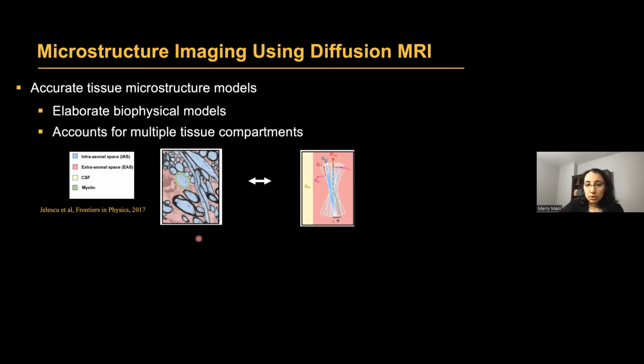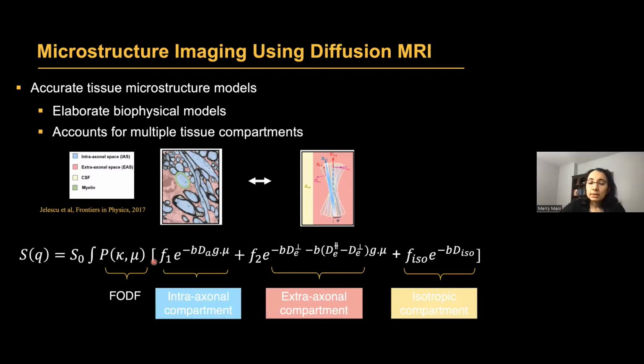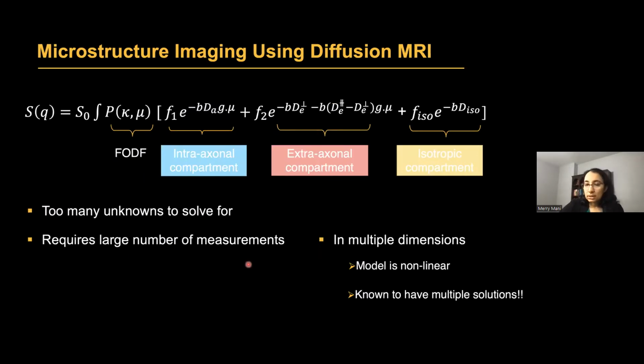So here I'm showing an example that is already published in the literature. If we can come up with a tissue model such that we can compartmentalize a tissue into, say, here 3 different compartments, then we can assign specific diffusion properties to each of these compartments and try to come up with measurements that can separate these different parameters that are present in the model. But even this problem,